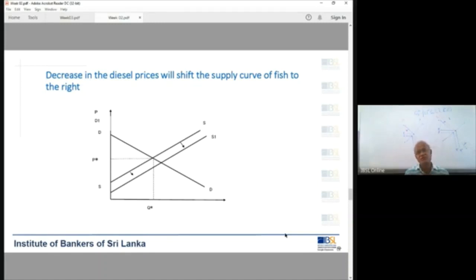Similarly, if the number of suppliers increases, number of suppliers. Now these days, what is happening? Okay, now this is another example. Another example is the recent incident, this burning of this